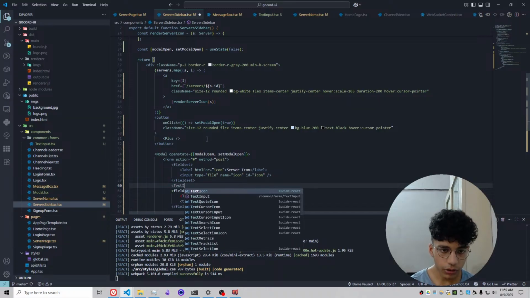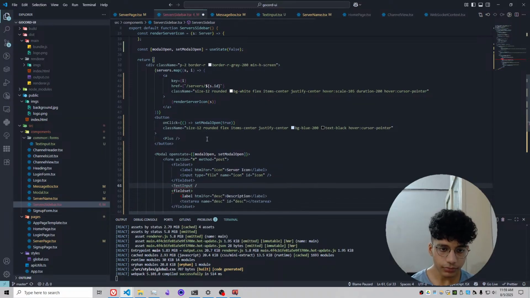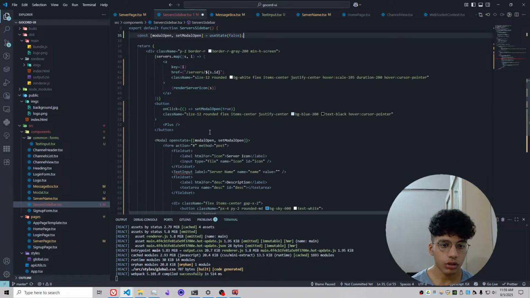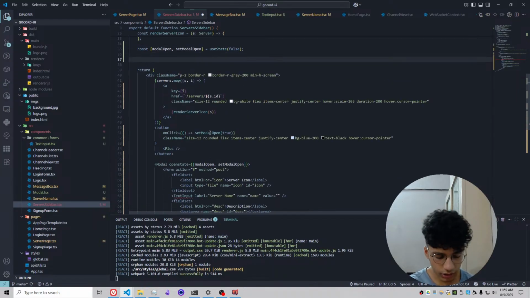Render the text input element over here. There we go. The label will just be the server name. The name of the field can be name, value, and on change. So we need to create this. And to do that,